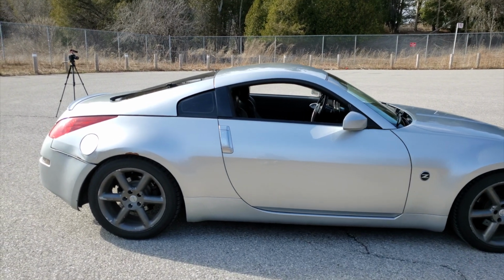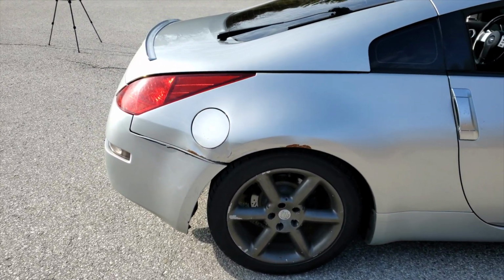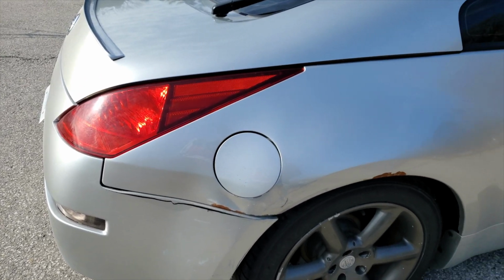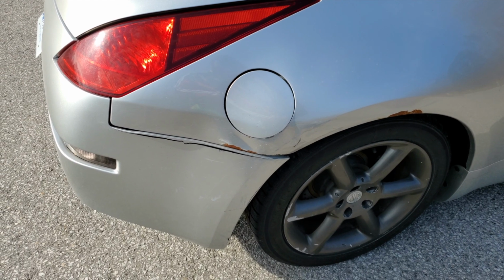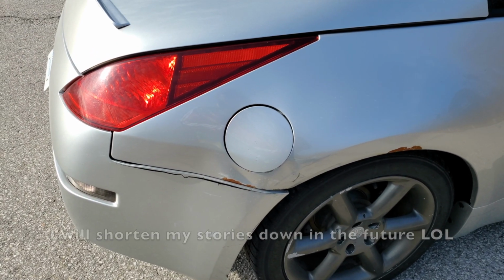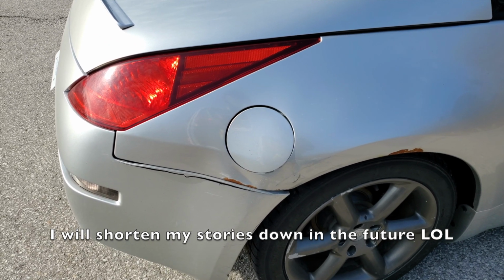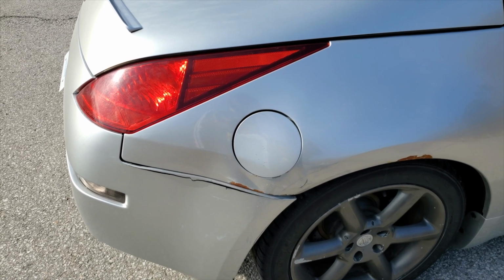But yeah, also on the passenger side, you'll probably notice this funny little guy right here. If I can get the camera. So you'll probably notice this right here. This damage came from the previous owner. Before I bought the car, it was in mint condition. There was nothing wrong with it. There was no damage at all whatsoever. However,